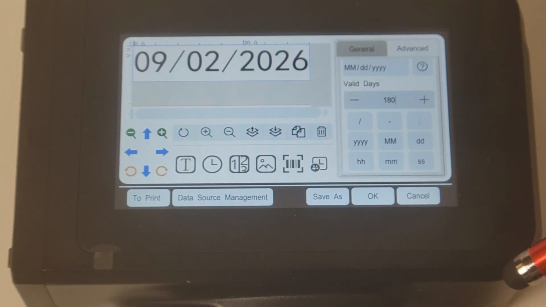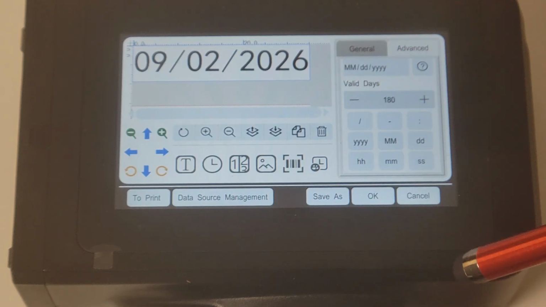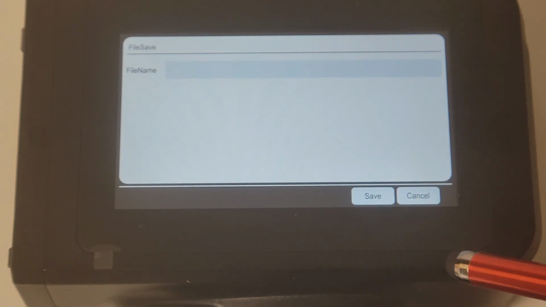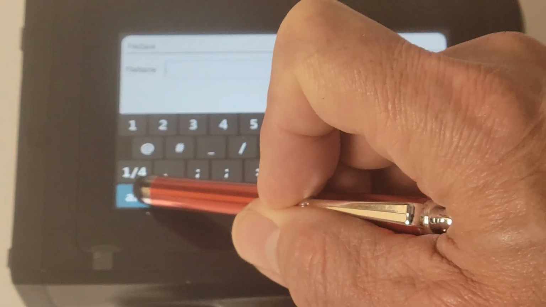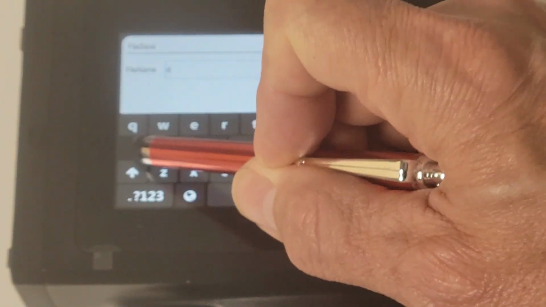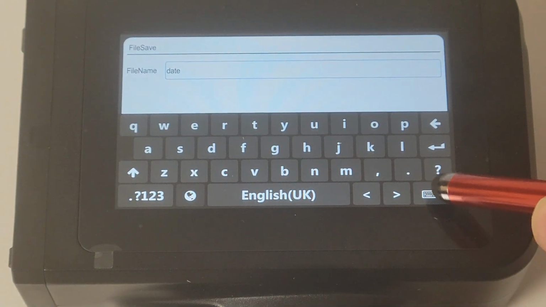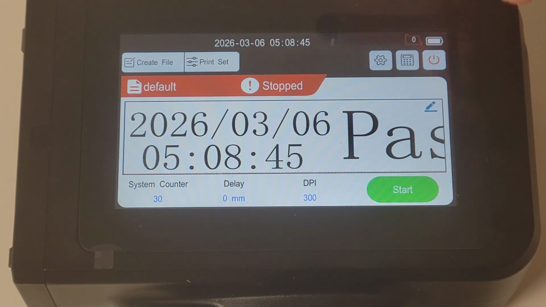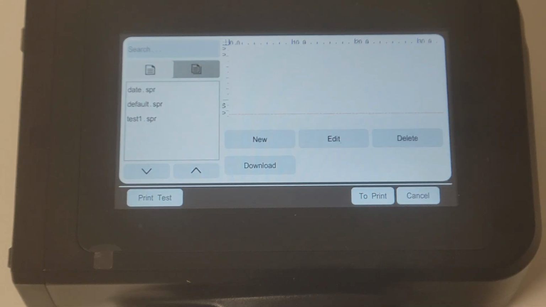Once you have the format and selection that you would like, then you can click the OK button to go to the file, save, select the name, and then click Save. From there, if you wish to access the file, just select the file name. That'll take you into your message